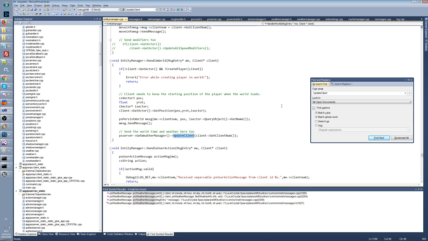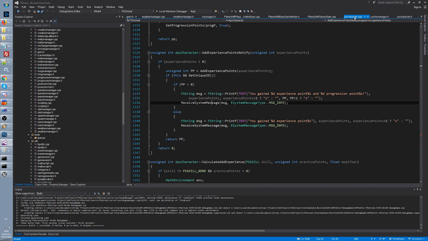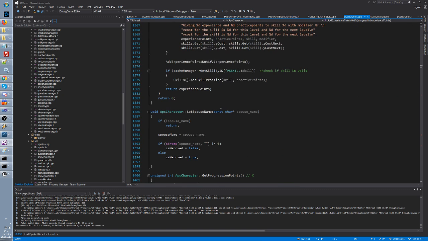Do we know when the client is connecting in our PS code? I don't think so. I don't think that in our code here we know when a new player is connected. Well, we have the constructor obviously of our